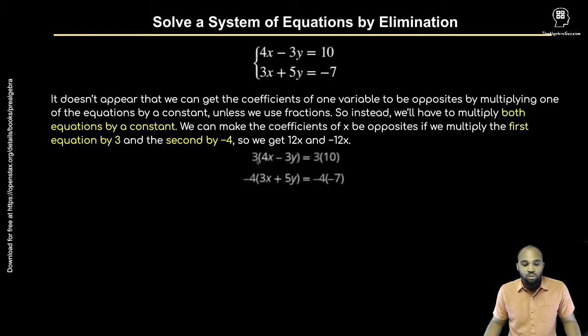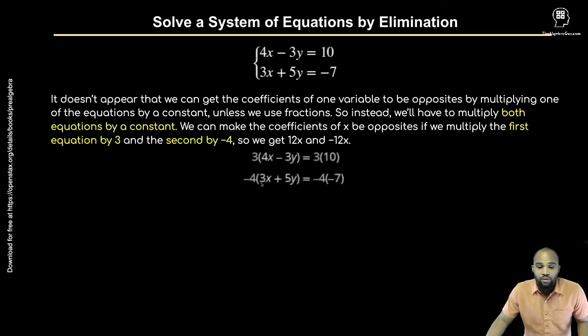So here's what I'll do. Multiply this top by 3. Notice this whole thing is multiplied by 3, and this whole part is multiplied by 3, and then by -4, all of this by -4 and all this by -4, because that's the property of equality, just so that we